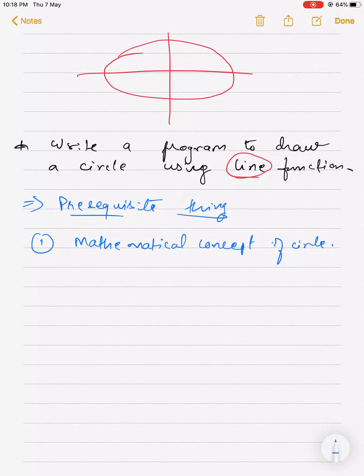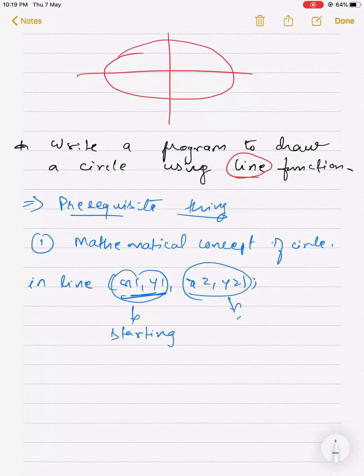Now we know that in line you need to mention 4 coordinates, as we have seen in the previous class. This will be the starting part, and this will be your ending part.